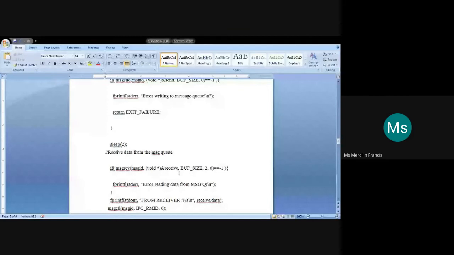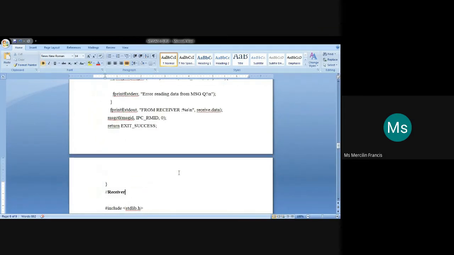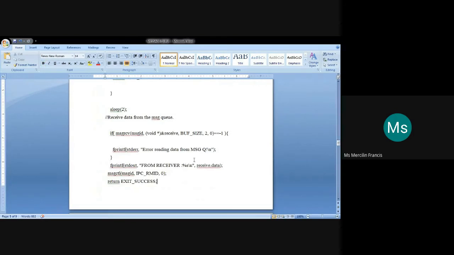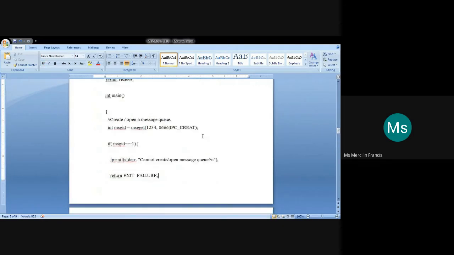And for RCV, here a number is given, like 2. See, earlier in message send, such a case was not there. In the message send function, we have only 4 arguments.